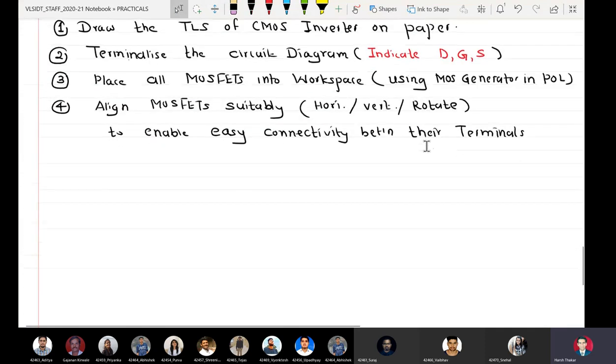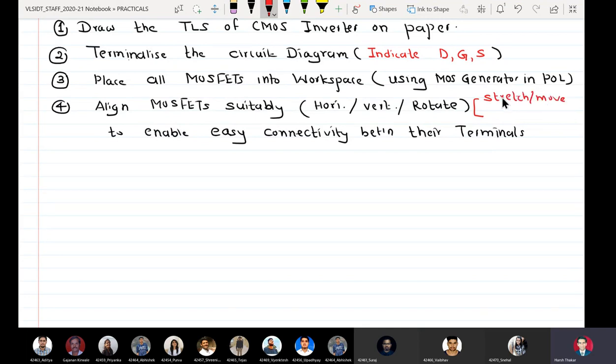You can align them horizontally or vertically using the tool called stretch or move. The stretch or move option is available for aligning horizontally or vertically, and the second option is rotate.